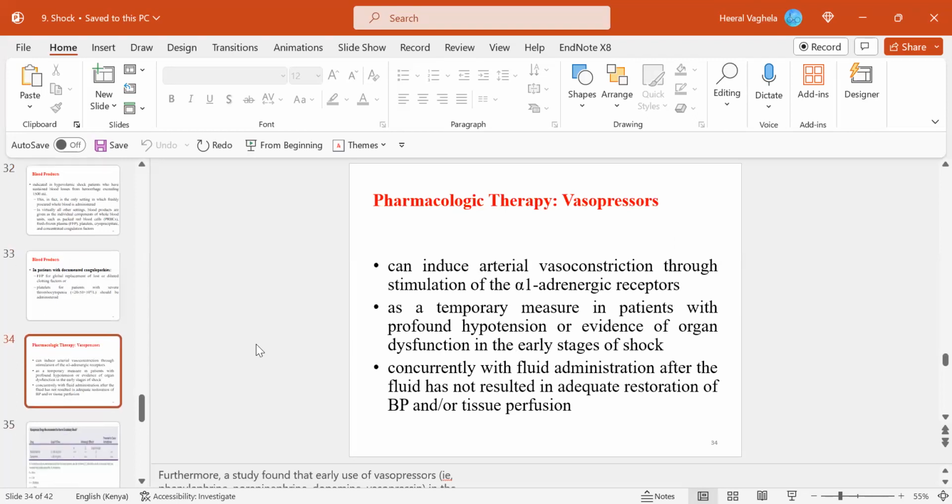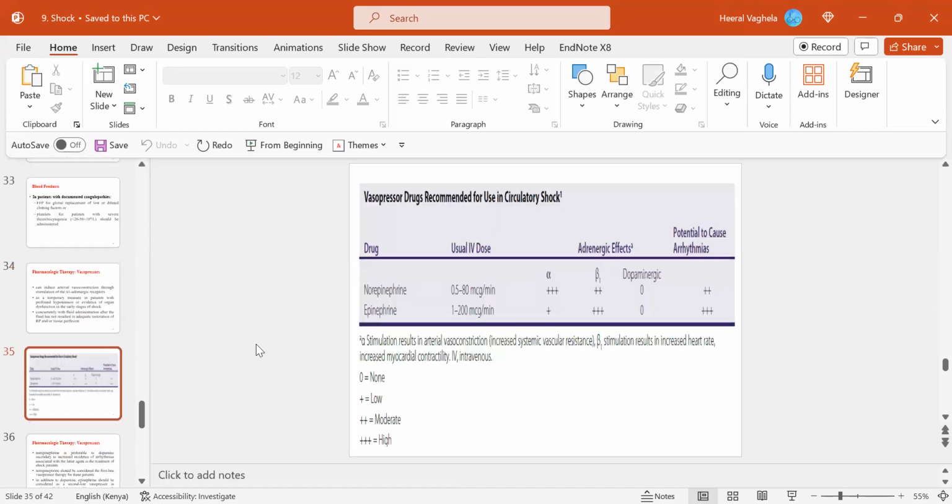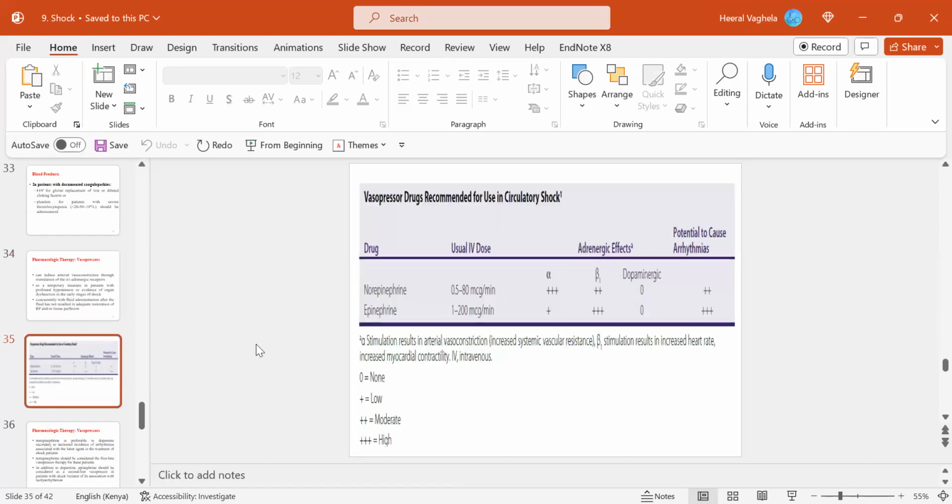Yeah, and then like Gaia said, you give vasopressors like norepinephrine and dobutamine, which can cause arterial vasoconstriction, because one of the causes of shock was vasodilation that we saw in distributive shock. So if you stimulate the alpha-1 adrenergic receptors, you cause vasoconstriction, overcoming the shock. Yeah, so norepinephrine, epinephrine,